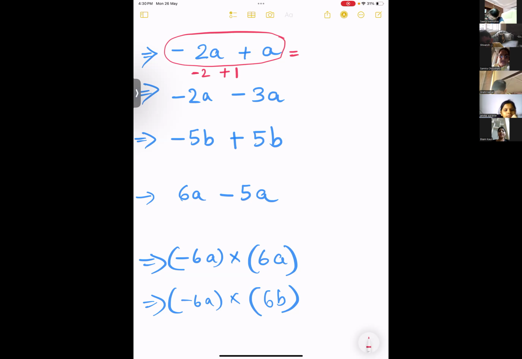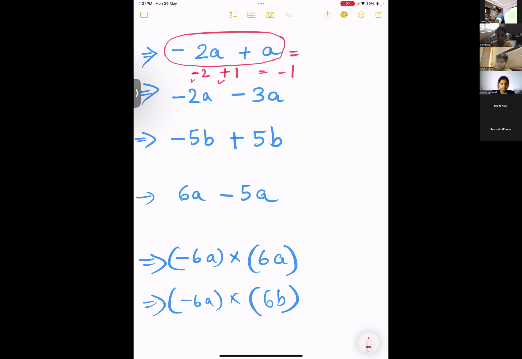See, it is minus 2 and plus 1. Firstly, I see two different operations. I see a minus and a plus. So when we have a negative and a positive, we will have to subtract. That is for sure. So let us subtract 2 and 1. The answer is 1. Now, you will also have to see the symbol. Which number is bigger? 2. What is the symbol that 2 has? It's minus. It's a negative. Negative 1.